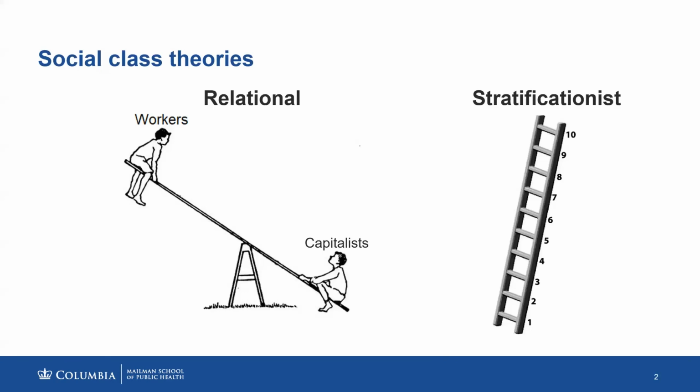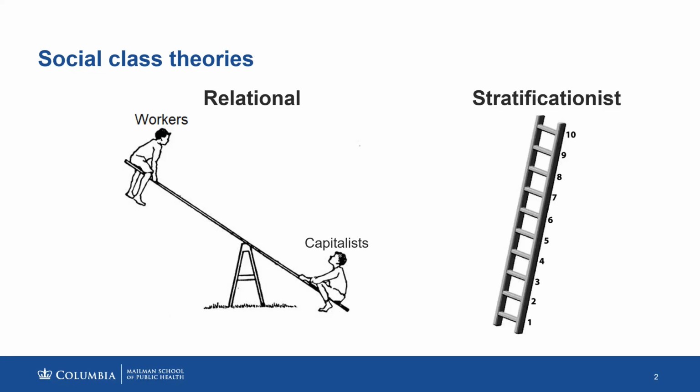So in epidemiology, two main approaches are used to investigate the social causes of health inequities: relational and stratificationist. Researchers using relational approaches analyze health inequities in terms of social relations, like conflicts between groups struggling for power and control over resources. They theorize that inequities arise because the welfare and security of particular groups causally depends on the